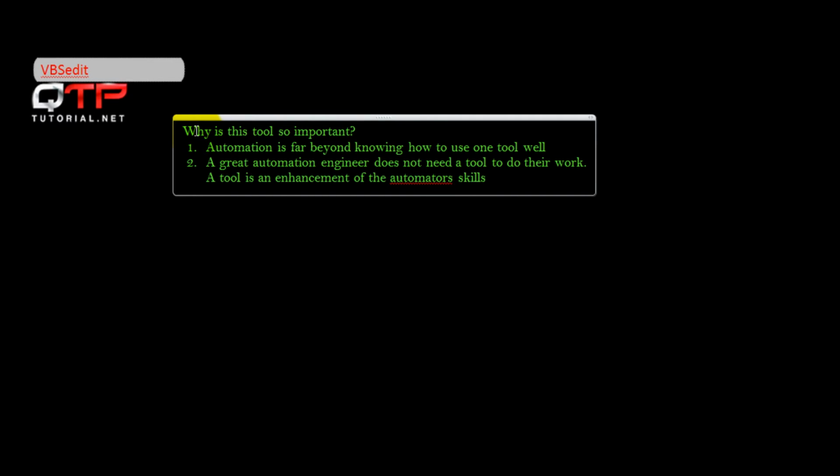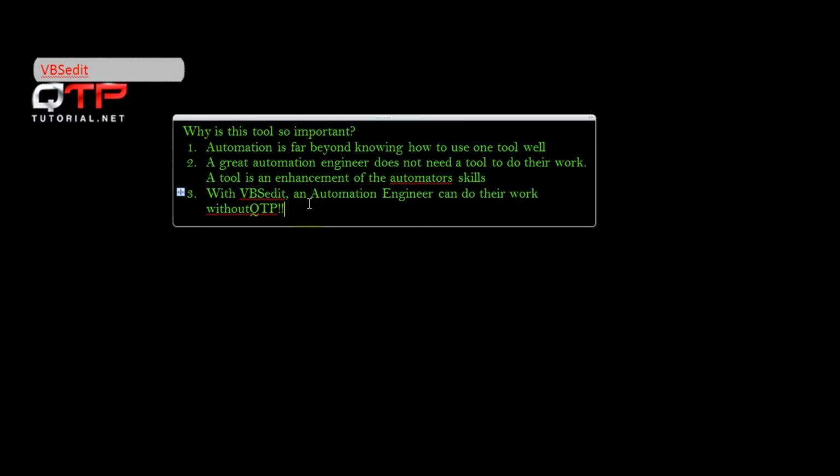Okay? Another reason why this tool is so important is that you can do your work without using QTP. And this is really profound and really amazing, because in the real world, as many of you may know, and some of you may not, there are always problems with QTP. QTP is an amazing tool, but it is so buggy, and beside it being buggy, there are so many other problems that can occur. For example,